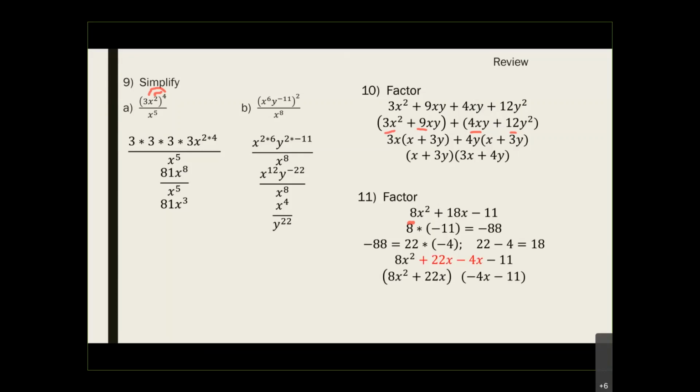And again, remember, I told you guys that we need to include the negative, right? You cannot just group without the negative. Wherever that 4x goes, that negative has to go with the 4x. So once you group this, in the first group, what can you take out? Well, the only thing you can take out is a 2 and an x, right? And in the second group, we cannot take out anything, but even though we cannot take out anything,